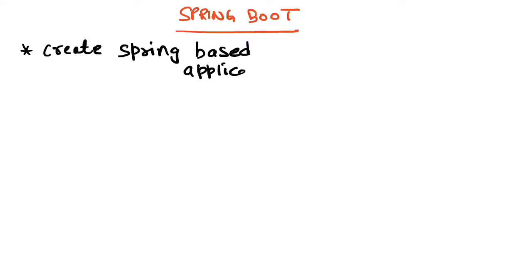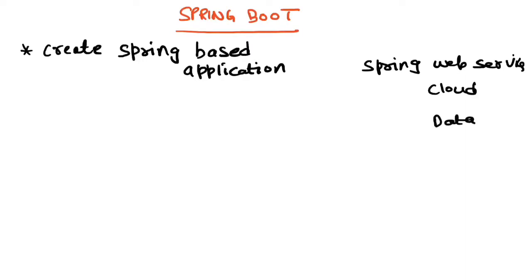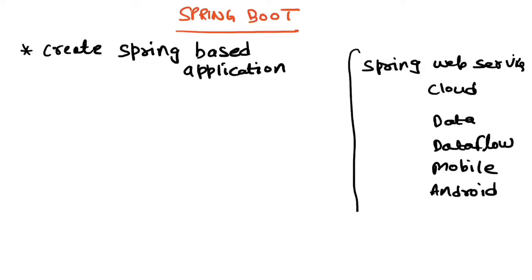So Spring basically offers different modules using which you can create different components of your application. Some of the modules, to name a few, are Spring Web Service module, then Spring Cloud, Spring Data, Spring Data Flow, and some modules are there for mobile also, Spring Mobile, Spring Android. These are just a few modules that I have named here, but there are lots and lots of other modules